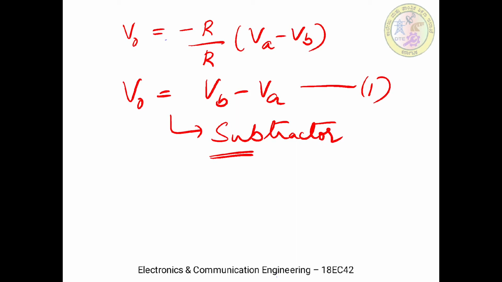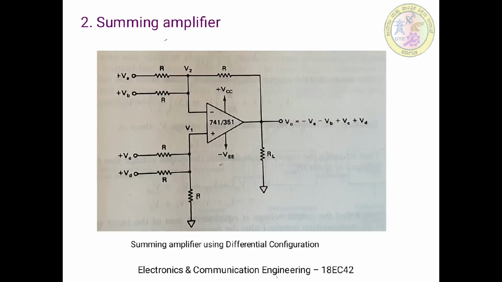The same differential configuration can also be used to implement the summing amplifier. So let us look into the circuit which is employed to get the summing action. Here you can see that again inputs are connected to both inverting as well as non-inverting terminals. Now there are four inputs. VA, VB are connected to inverting, whereas VC, VD are connected to non-inverting terminals. And here there are voltage levels V1 as well as V2 also. And again all resistors here are kept the same, that is their value is equal to capital R.